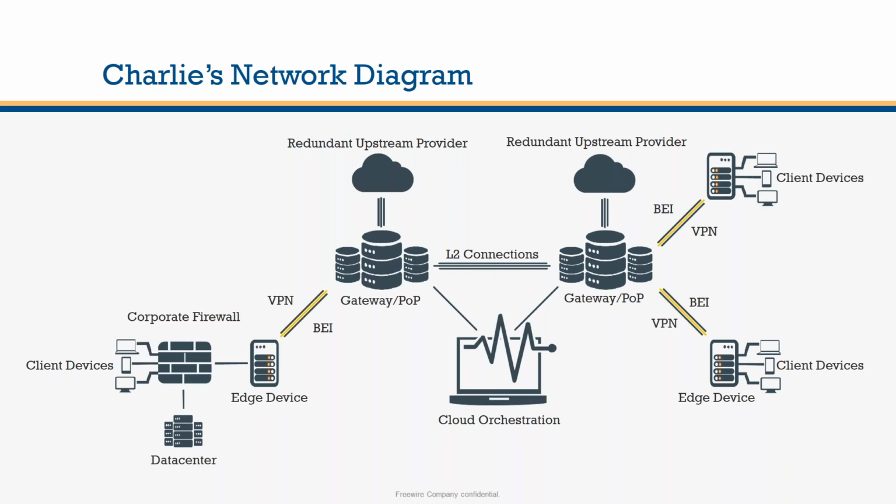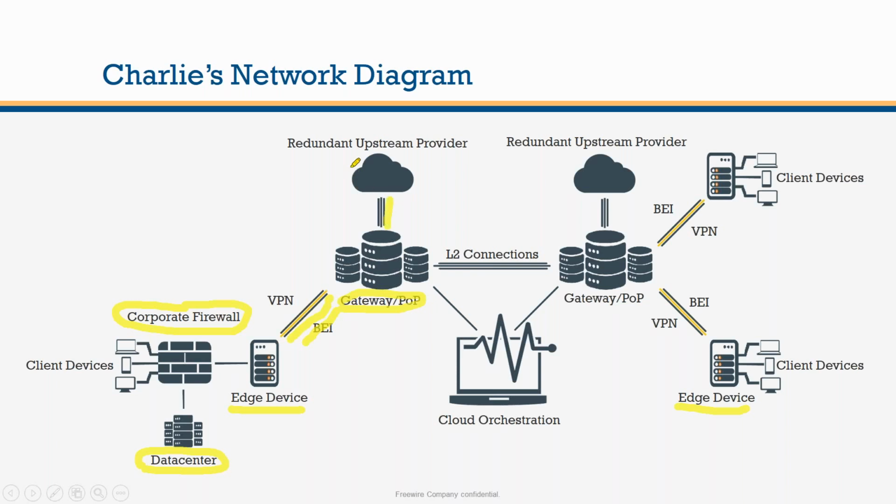Okay, so what does the actual network look like after an SD-WAN deployment? So what we've done here is we've done a POP-based network. So we have our edge devices at each site. This is our corporate site. You can see here the corporate firewall, and we also have the data center. So the edge device is now plugged into 2 to 3 dedicated or best effort internet connections. It creates a VPN tunnel from the edge to the carrier POP or gateway, and accesses the internet through the carrier's